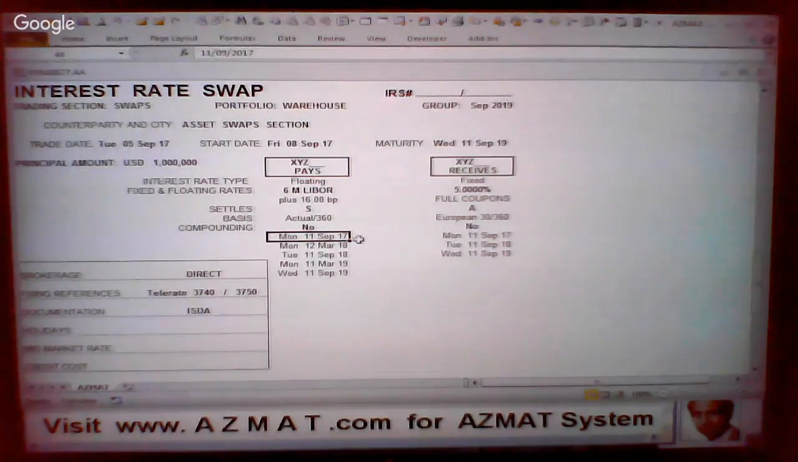Compounding, no. And these are the dates. These are the dates for this: fixed, bond one, swap, floating. Okay, this is the information required in one particular company. It will not be exactly the same in some other company. They may want it in a slightly different format, perhaps, or a very different format. But this gives you an idea